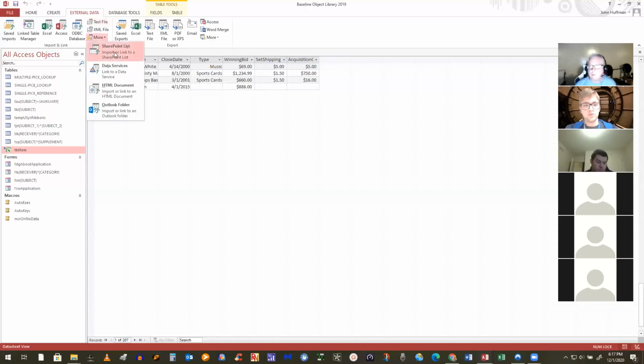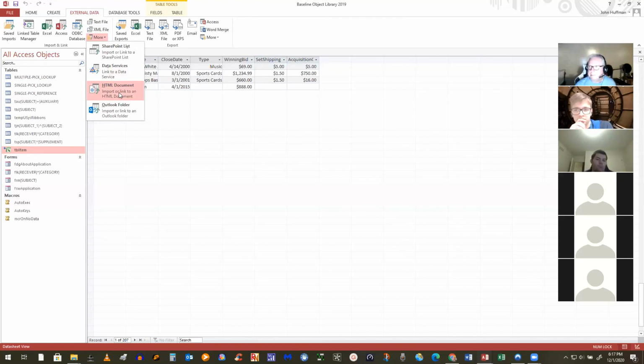And then the newer ones like SharePoint. I've been doing this lately, where I have Access databases that I link to SharePoint, and I could get the SharePoint lists from Access. Data services. You probably have heard about cloud services for databases, okay? If your cloud service supports a link to relational databases that are on site, you might be able to actually link to a data service. And I've seen people actually link to HTML that's out on the web, okay?